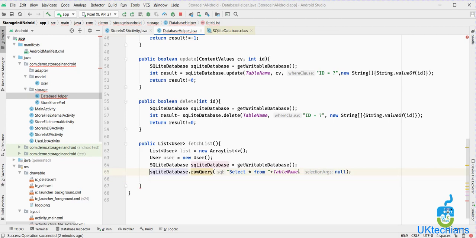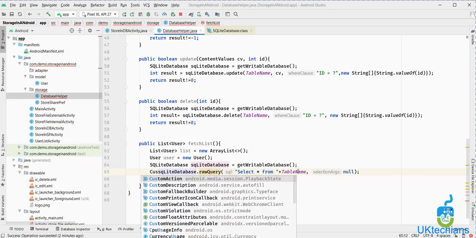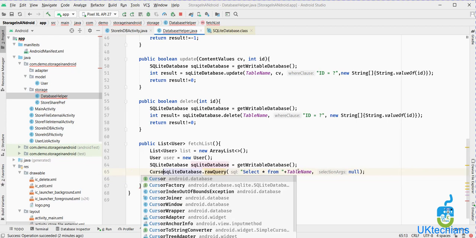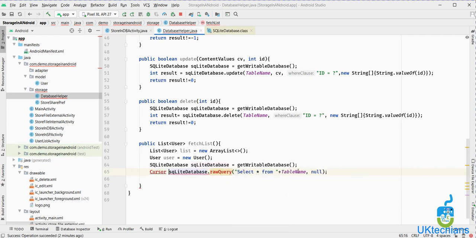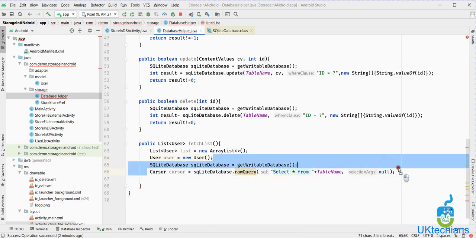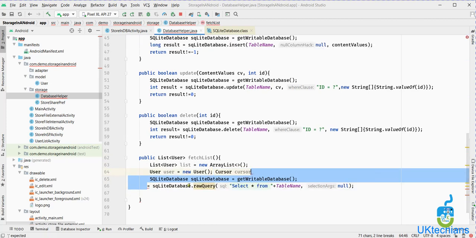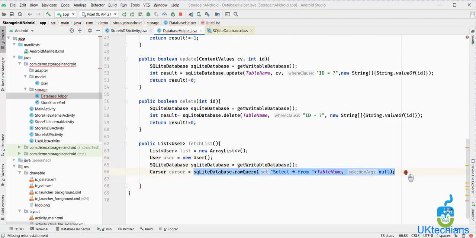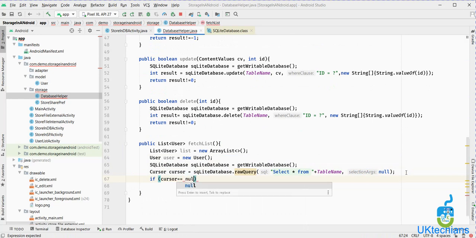So it returns the result in the cursor. So let's say cursor equals to this. What is cursor? Cursor simply contains the data set which we want from this raw query, right? So we have to see if cursor equals to null, then return the list. The list will be empty, right?